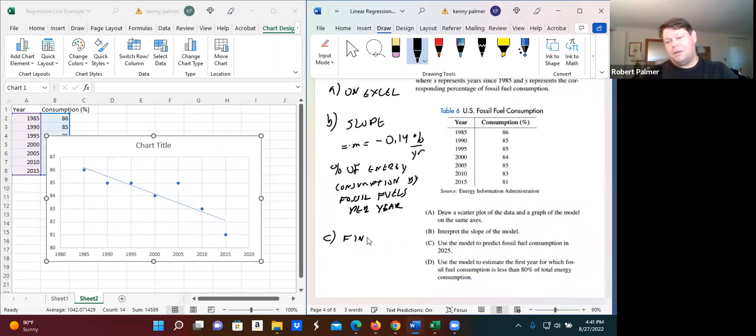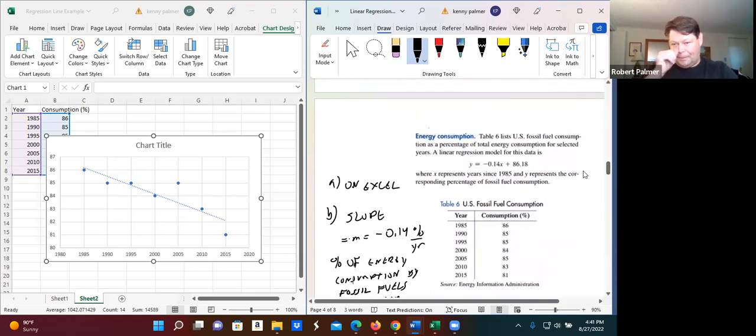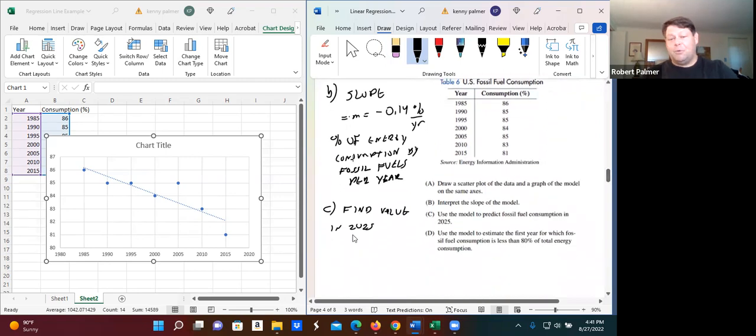So I'll just say, find the value in 2025. Now here, let's mention that our X, like the first example we did, X represents the years since 1985. Okay, so in this case, for 2025,